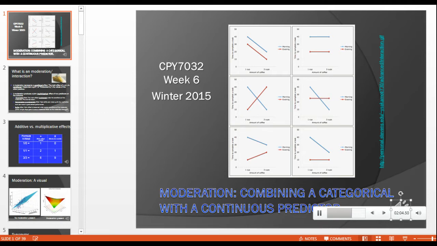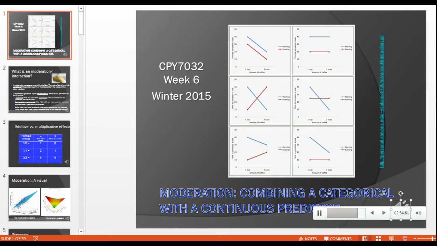So again, this week what we are doing is we are learning how to analyze a moderation in which there is a categorical predictor combined with a continuous predictor. And we can only do this in regression. We cannot do this in ANOVA, so this is a special case of regression, and it takes some bit of work and preparation to actually conduct the analysis. And so we will go through every step of that process,